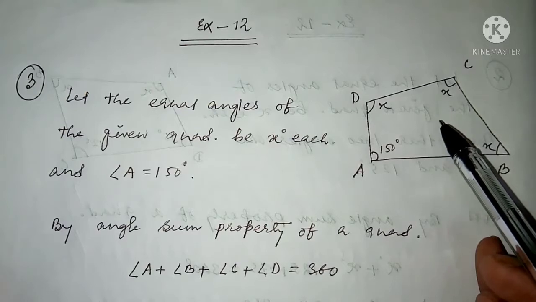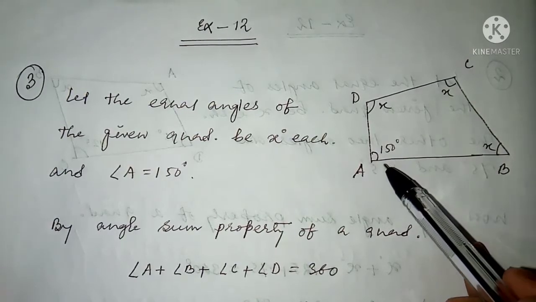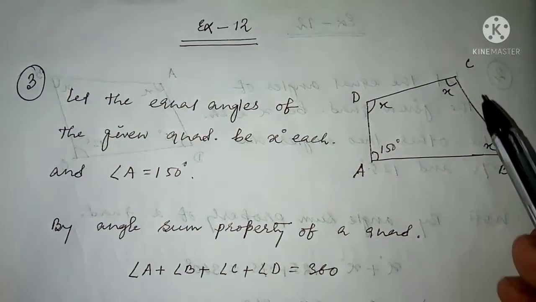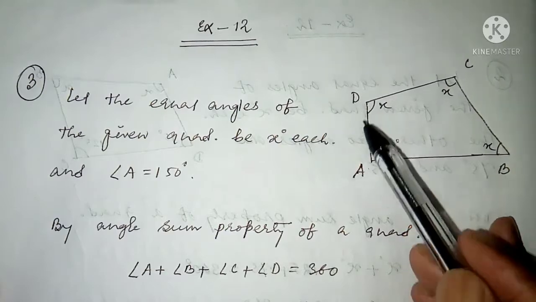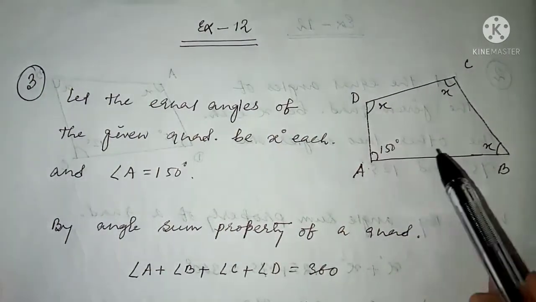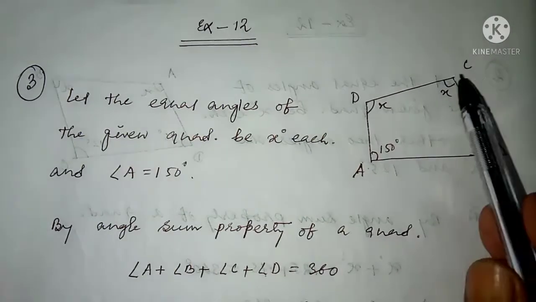Okay, it doesn't mean that you have to draw in this shape. It can be of any shape. Now see here, we have drawn and named it A, B, C and D. And one thing you should remember: the names of all the vertices of a quadrilateral should be capital letters. You are not allowed to write small letters here.